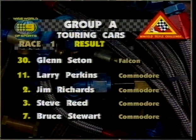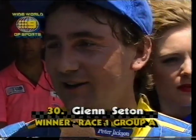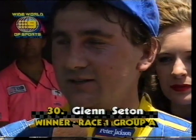Alan Jones is with the winner, Glenn Seaton, pit side. Well, Glenn Seaton, teammate, well done. Looked easy. Really early in the race, Peter pushed me a little bit, and once he broke down, I sort of knocked it off a little bit to look after the tyres. But